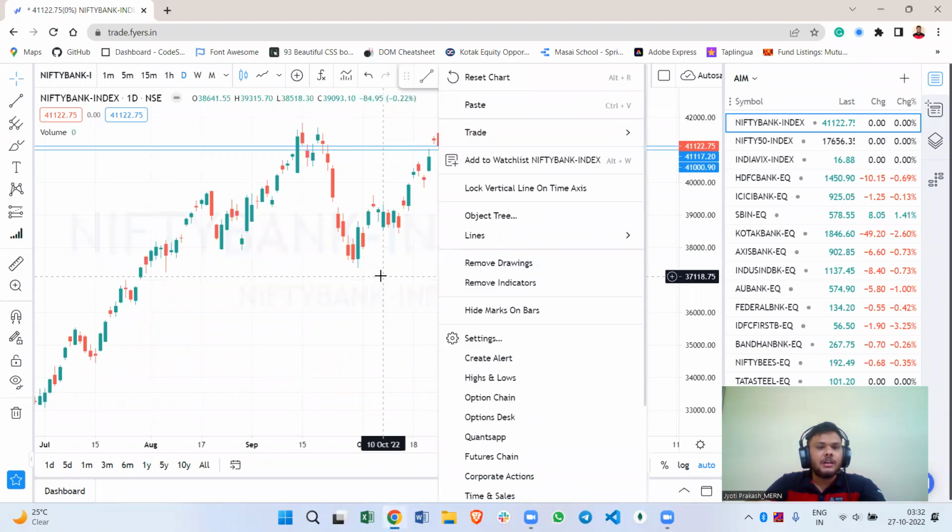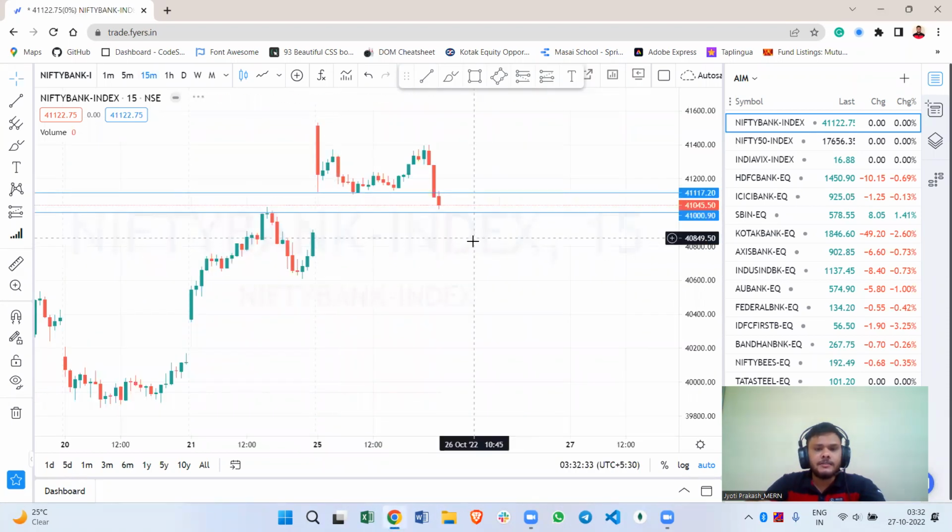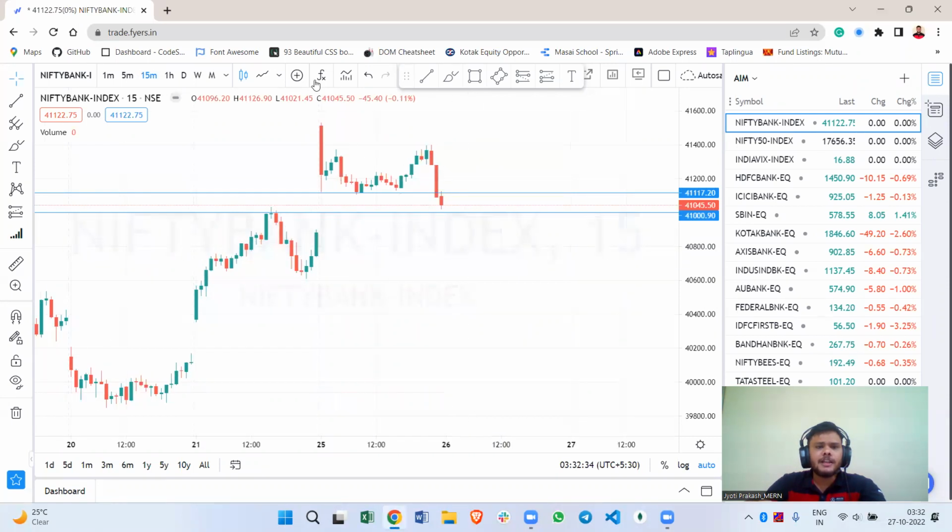Okay, now let's look into the 15-minute candle. Here you can see that Bank Nifty opened gap up on Tuesday, and after that it continued to go down and went sideways for almost 3 to 4 hours. But in the last 45 minutes, the market showed some negative movement and it closed below that range. And if the market opens here and continues to go down, and if it closes below 41,000, as I said, our target will be